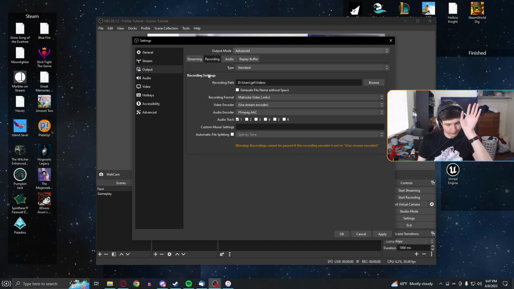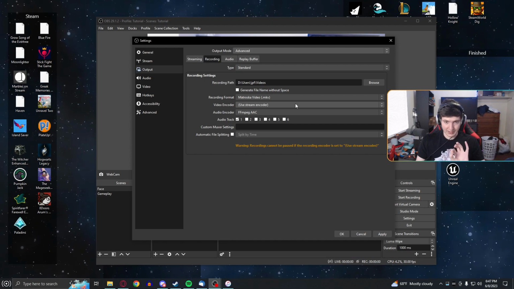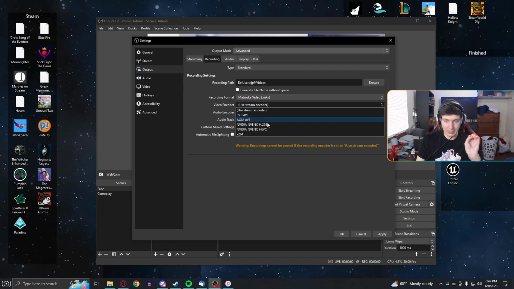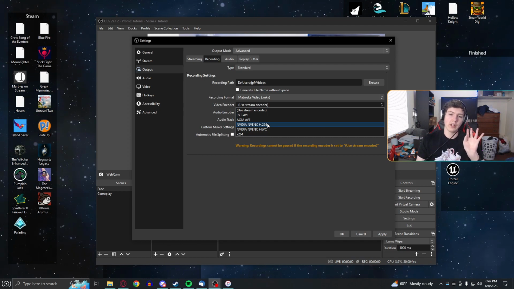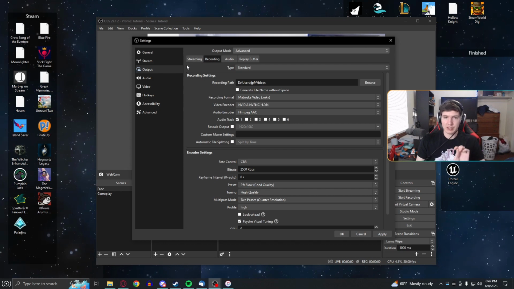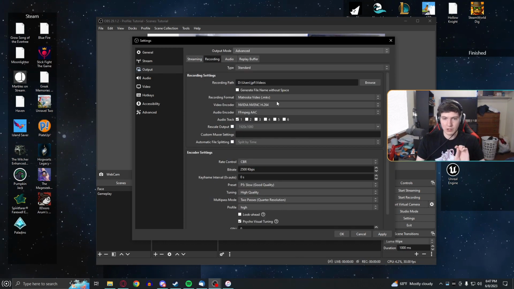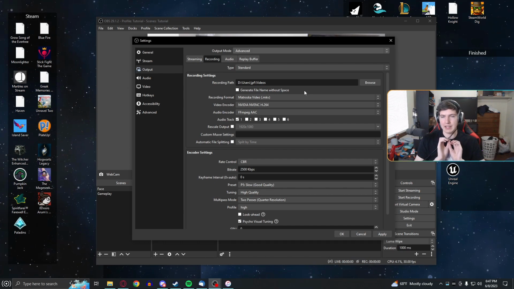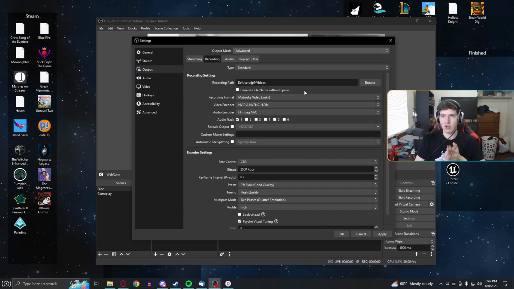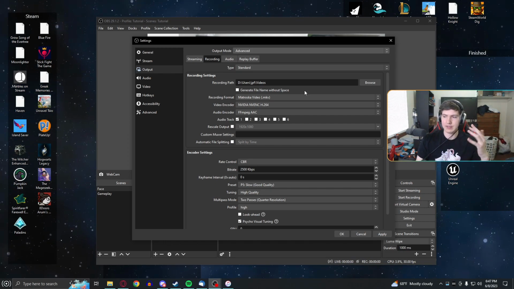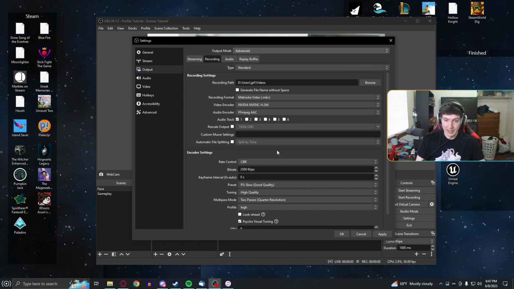Okay. But then you are able to set the recorder from using the stream encoder to using a different encoder. We're going to set the encoder to the same, but by not just using the stream encoder, we're allowing ourselves to change the way that the recording process works versus the streaming process. So what I have mine set to